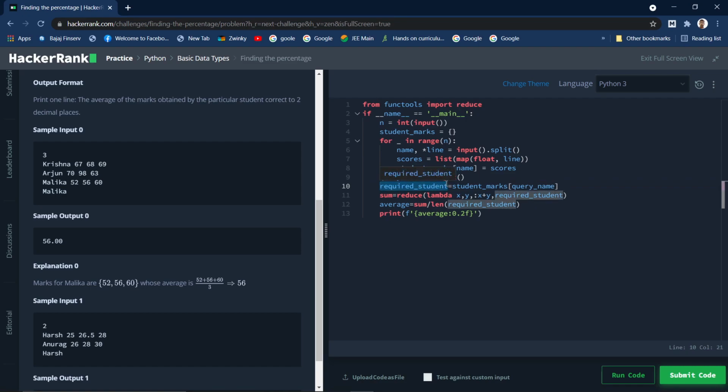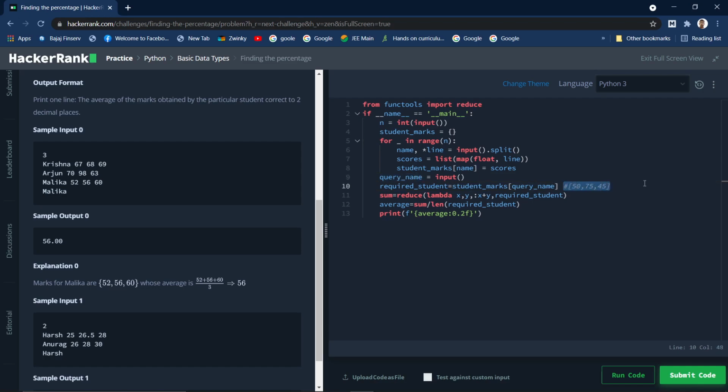Since we are using the name as a key itself, we will get back the list, which includes the marks of that particular student which we are querying.